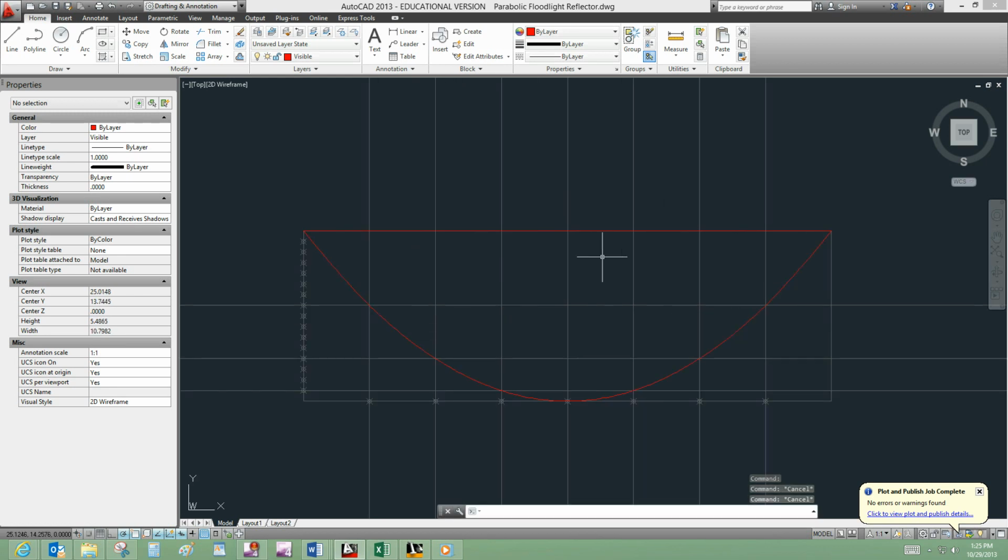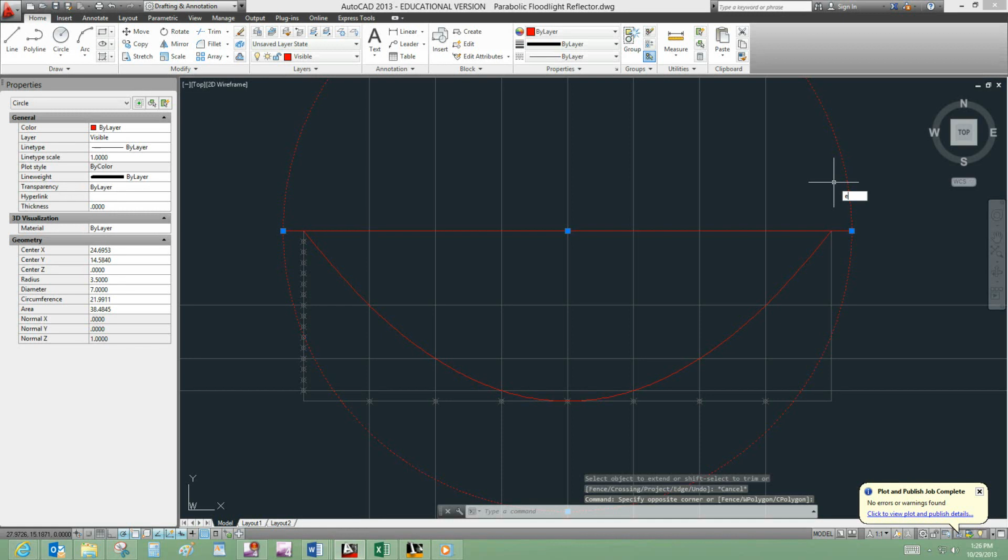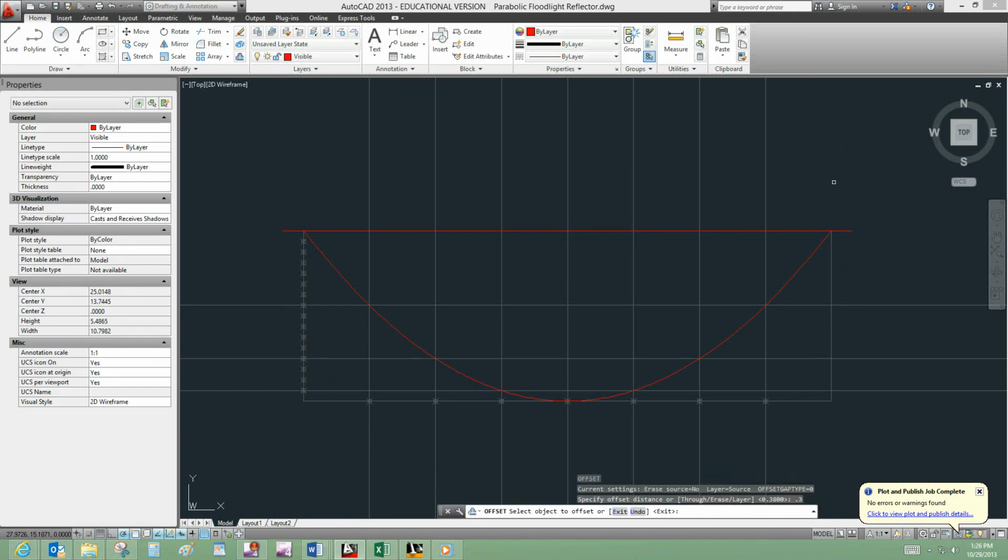So you can think of sometimes when you draw one object on top of another, it's like a layer, and you have to reorder the layers sometimes to get the line to behave correctly. But anyway, that's why I had to do that. So I'm going to draw a circle with a radius of 3.5 and then extend the line I just drew to the edges of the circle, and then I want to offset by 0.3,